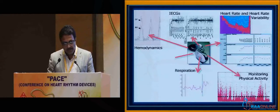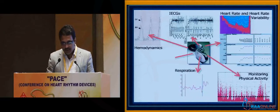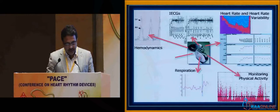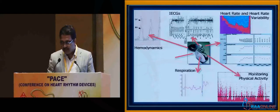diagnose. It also auto-grades itself about its functionality, its performance, and that is all stored in a tiny chip in digital form. Anything in this digital era which is stored in a computer chip, we know it is possible to be transmitted